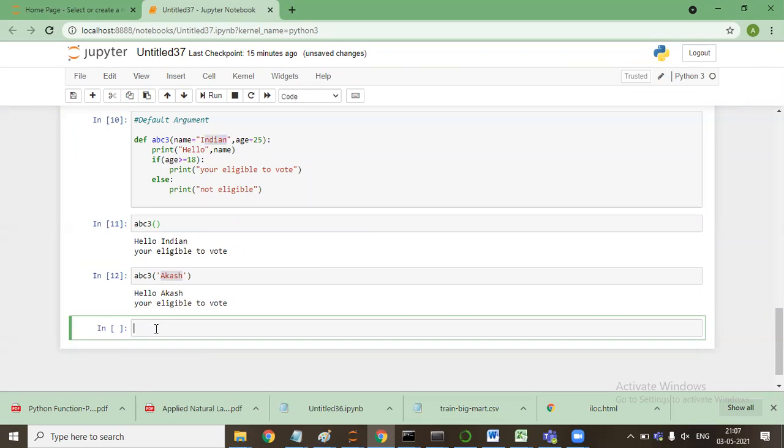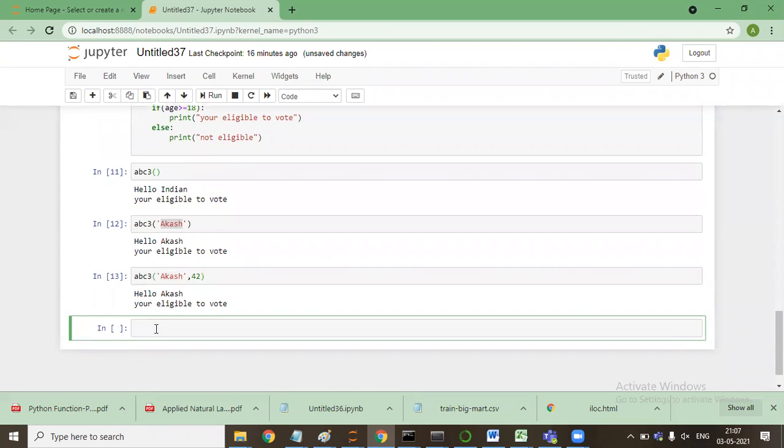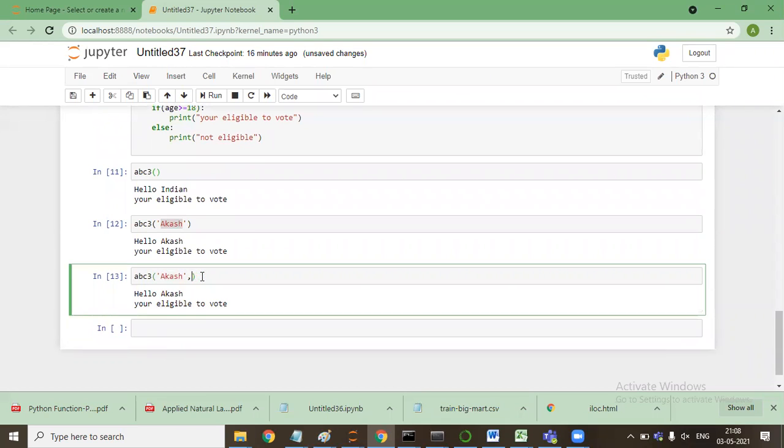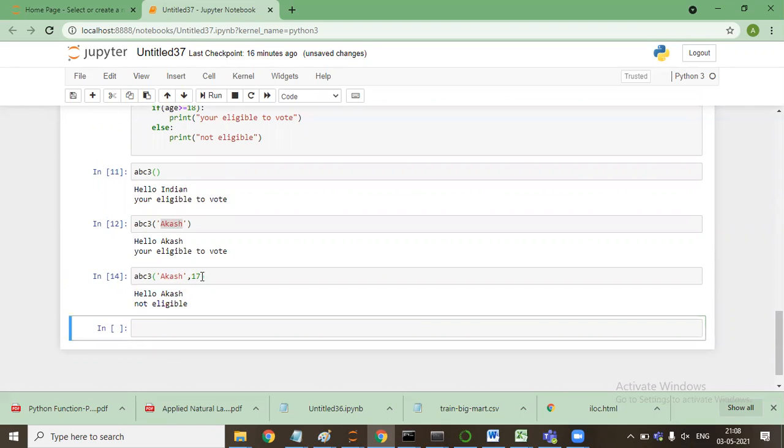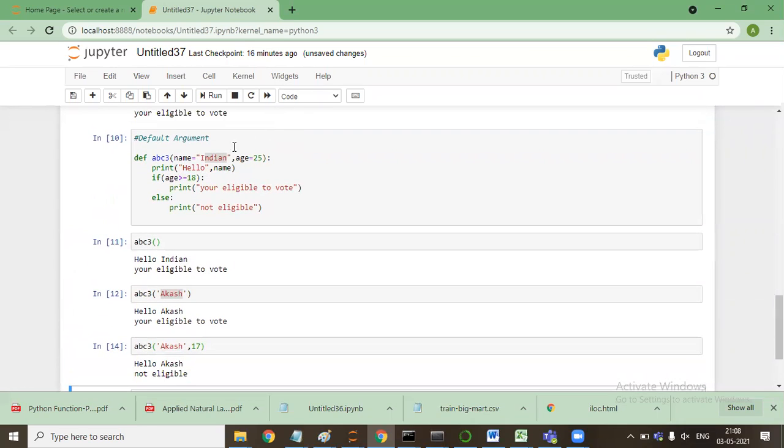Now if I say ABC3, Akash and 42, now it will say again Akash, 17, not eligible. So it takes the values in a similar format, and considering the format it has been replacing the argument.